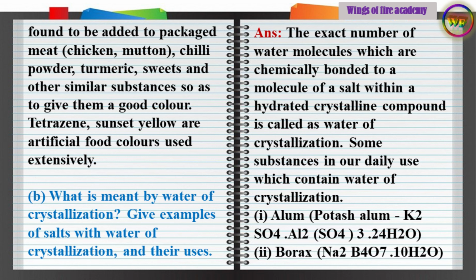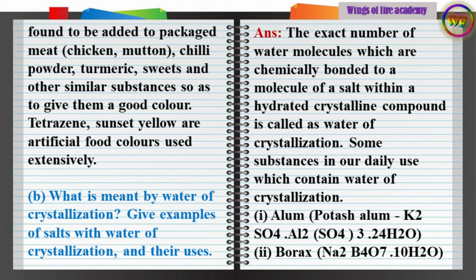B. What is meant by water of crystallization? Give examples of salts with water of crystallization and their uses. Answer. The exact number of water molecules which are chemically bonded to a molecule of a salt within a hydrated crystalline compound is called water of crystallization. Some substances in our daily use which contain water of crystallization: